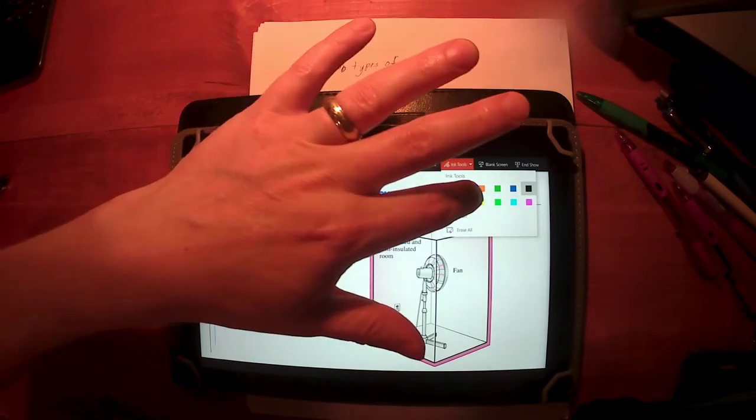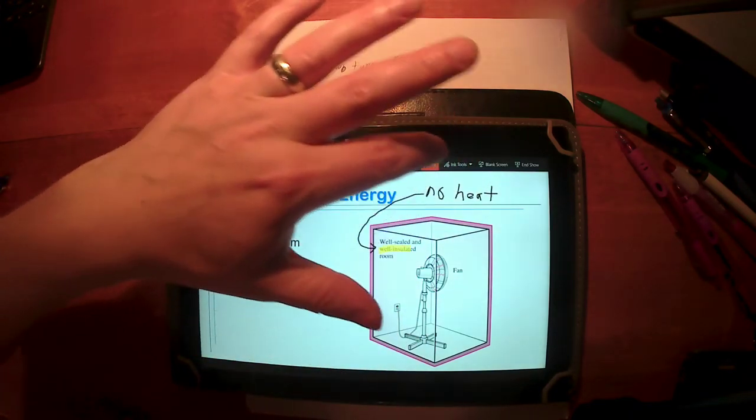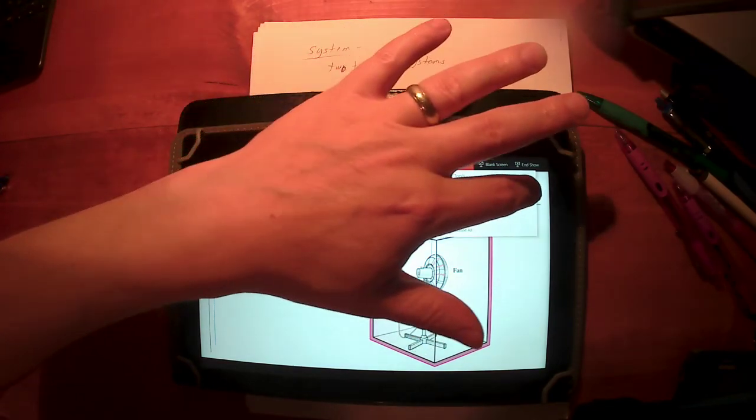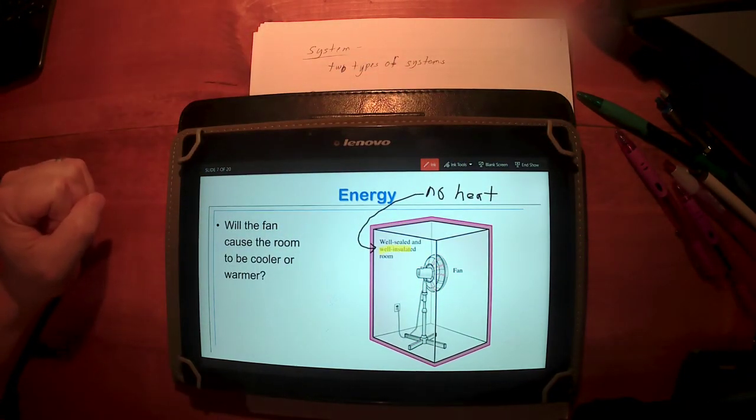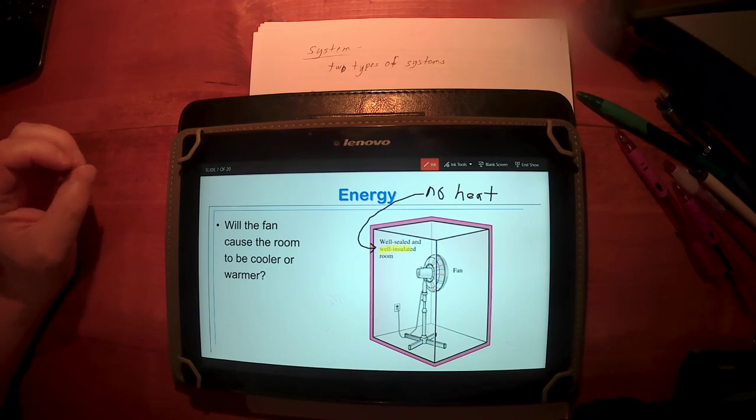So if we put a fan inside a room, and we say, what does that fan do to the room? If mass can't escape, there's no heat coming in or out, what happens to the temperature inside the room? Does it get cooler or warmer? Well,